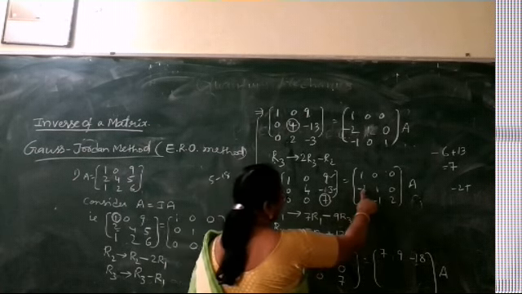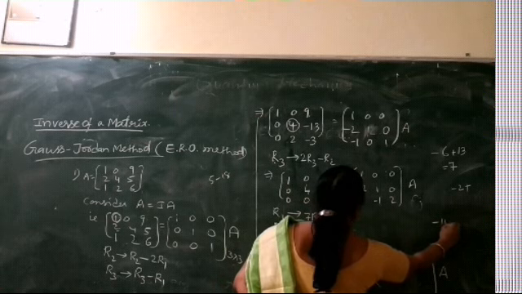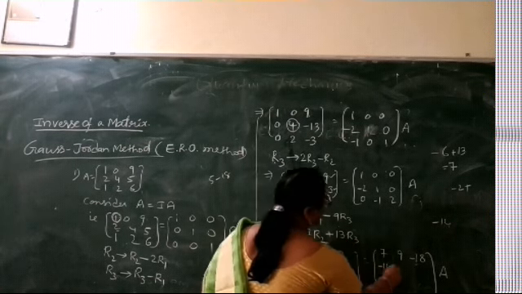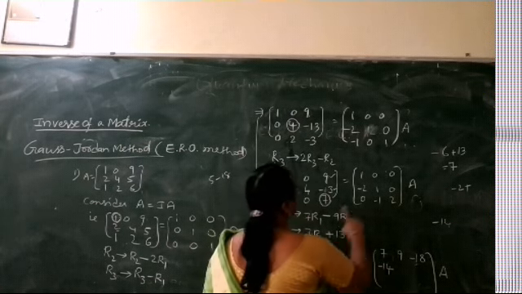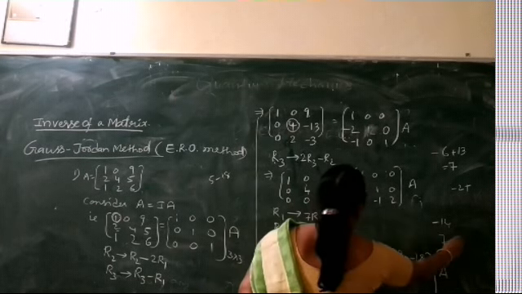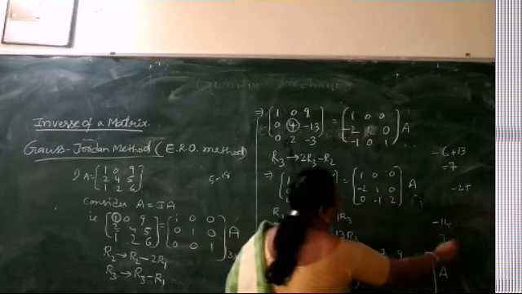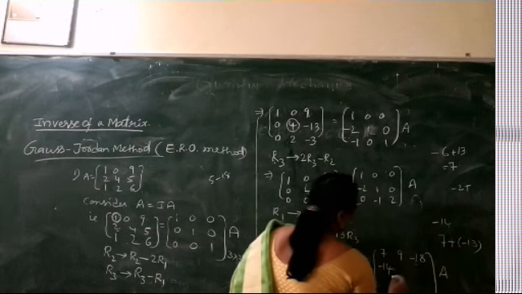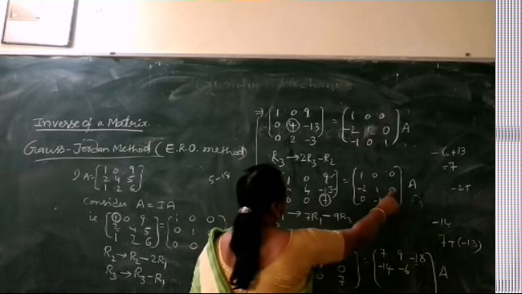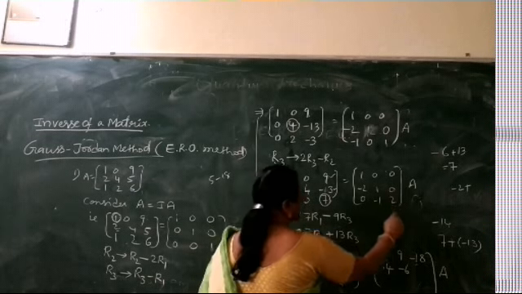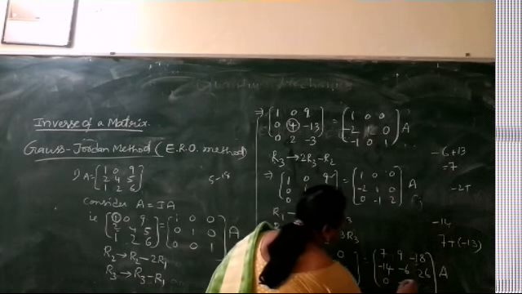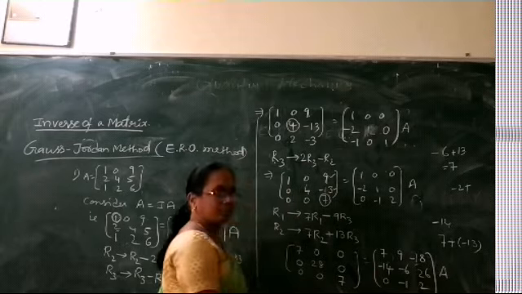Coming to the second row on the right side, we have 7R2. It is 7 times of minus 2, minus 14 plus 13 into 0. So we have minus 14. Next we have 7 times of 1, 7. It is 7 plus 13 into minus 1. We have minus 13. We have minus 6. Next we have 7 into 0, 0 plus 13 into 2. We have 26. The last row does not change. It remains the same. Okay.